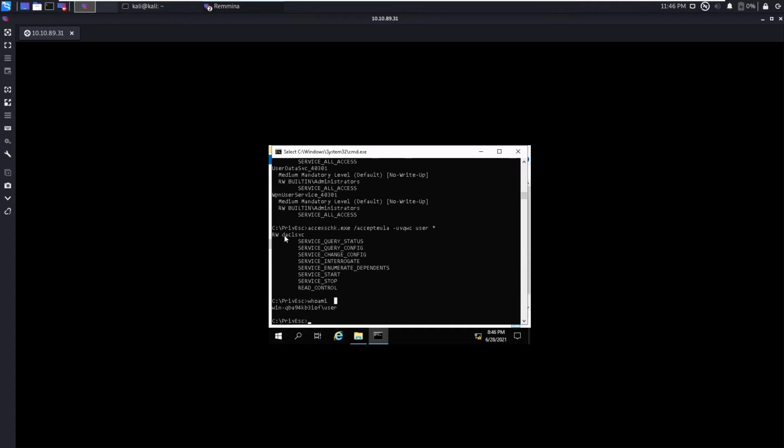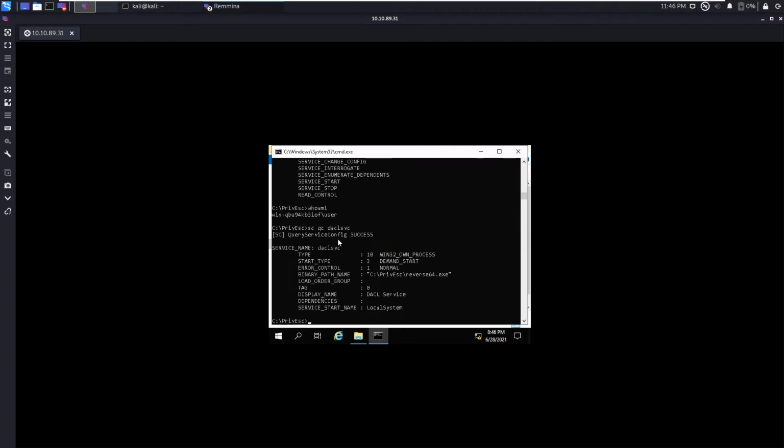So we found a service which is writable, but we don't know whether it is running as system or not. To check that, we use sc, the service control manager, and query the service.